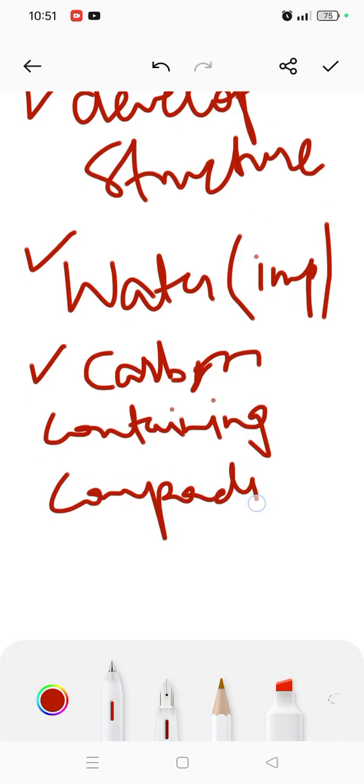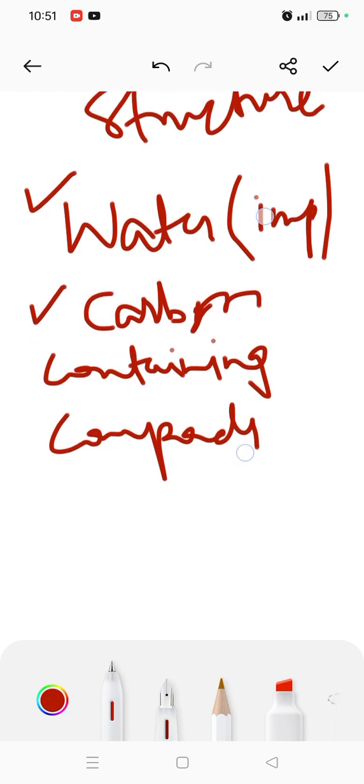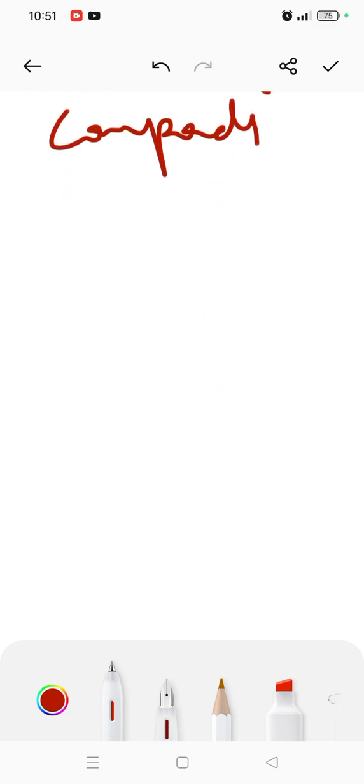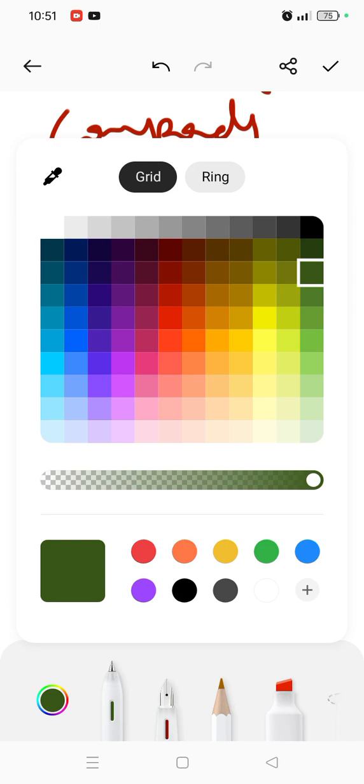These are essential for autotrophs, because autotrophs are those who make their own food. We human beings are heterotrophs. This means we are dependent; we don't make our own food. So carbon-containing compounds are very important for autotroph plants because they make their own food and in turn supply oxygen to living organisms. So the first adaptation, if we continue,